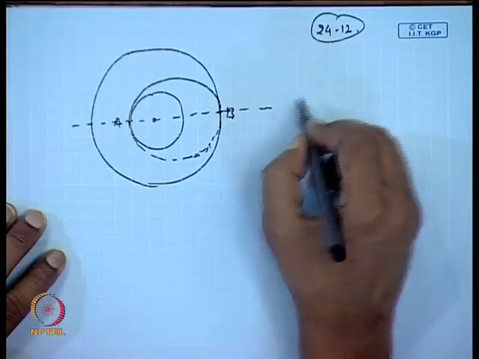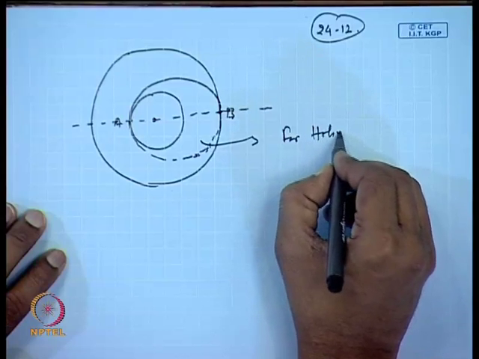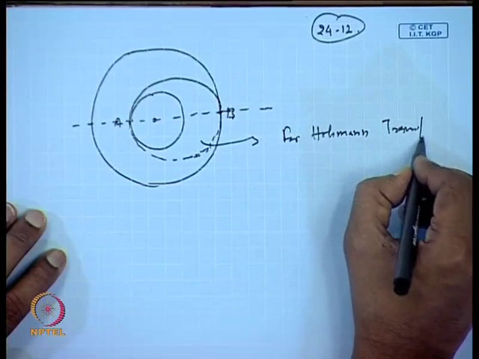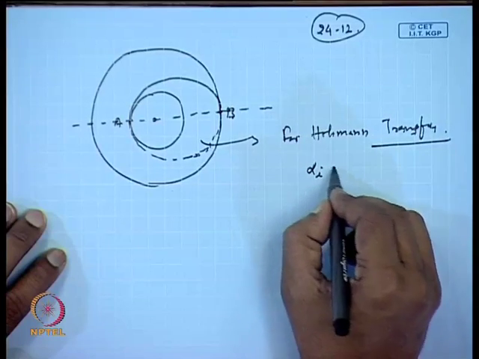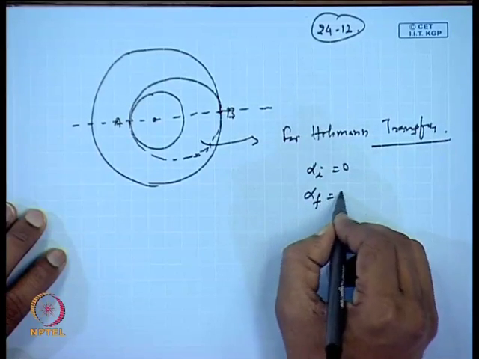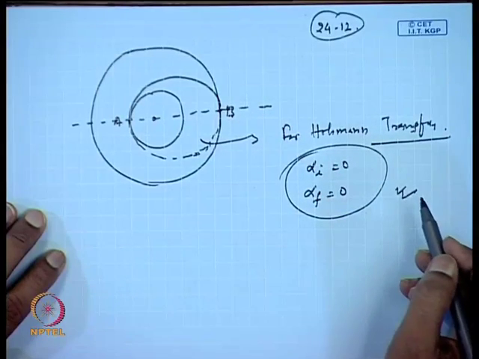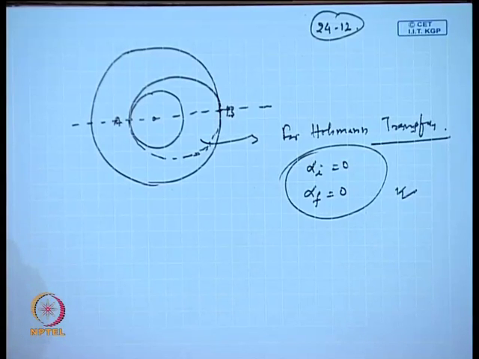Okay. So, for Hohmann transfer, alpha I equal to 0 and alpha f equal to 0. If we take these two, it is easy to work out, and ultimately you get the same result. So, those results we can show as